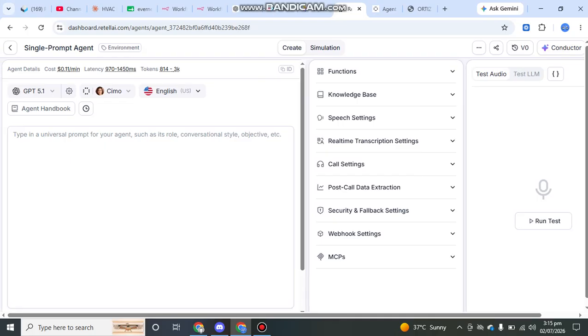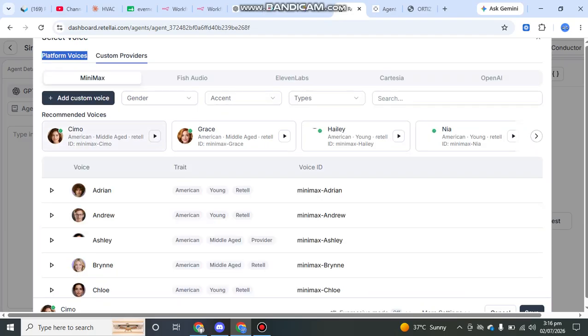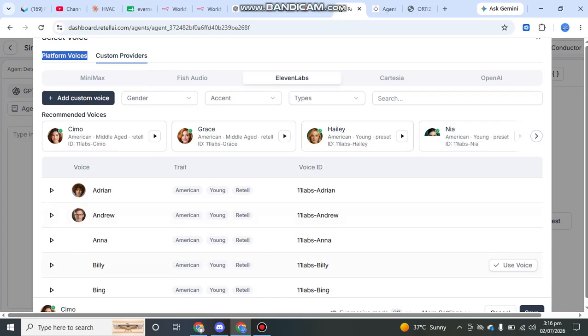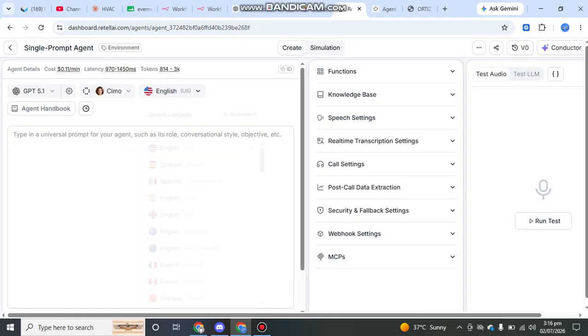You can see we have different models here, which you don't need to change. But you can see we have voices. You can select a different voice here. There are a lot of different voices, and there is a custom provider. These are platform voices, which means Retell is providing them, and there are some custom providers. We have ElevenLabs, which basically has good voices you can select from here. And then you can select the language in which you want the agent to speak, and then we have a different section here which will be